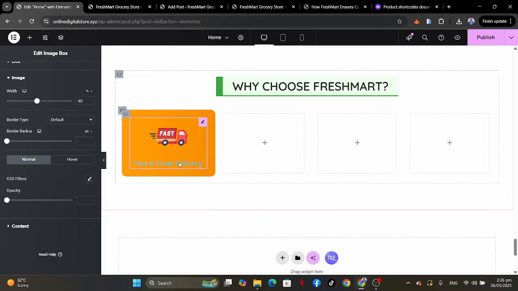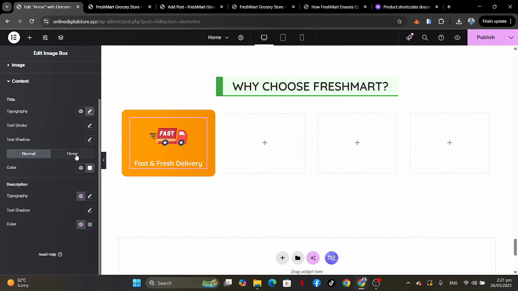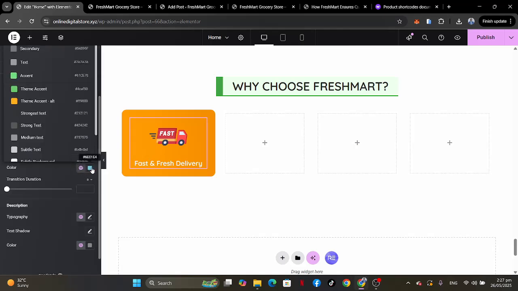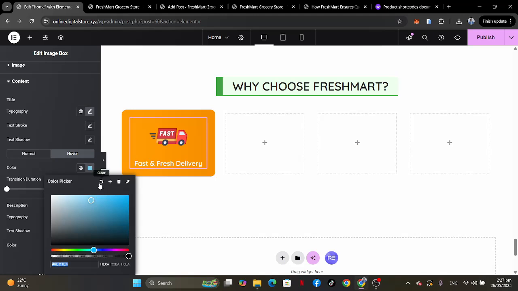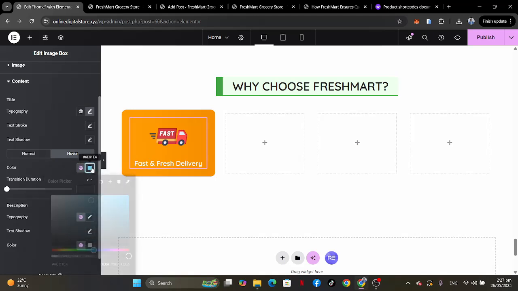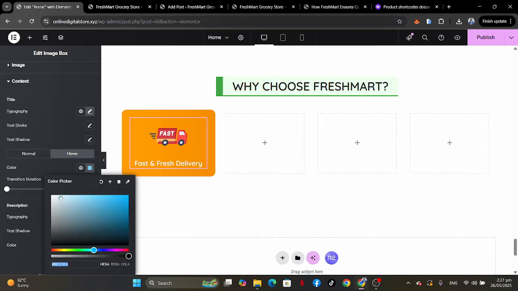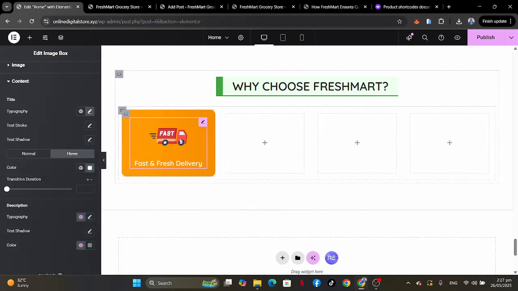So let's say this one. Okay, so let's go to the content over here. We don't want any hover kind of thing, so I'm just going to remove it. Okay, so it doesn't remove, so I'm still going to make it white